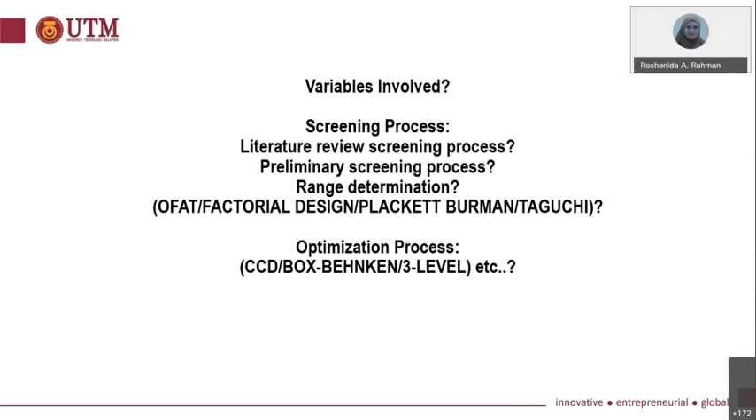Prepare a table suitable specifically for your study, and then start to think about the screening process. If you have many factors, then start to think about the screening process. To do the screening process, as I mentioned from the beginning, you can do a literature review, screening the factors from the literature,